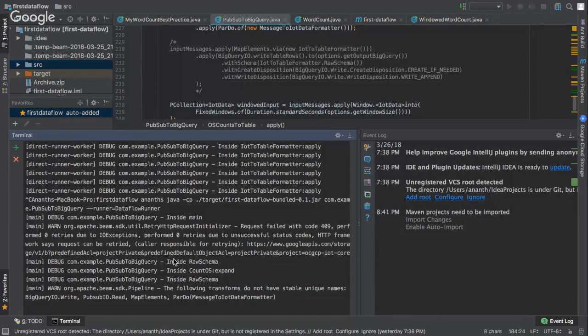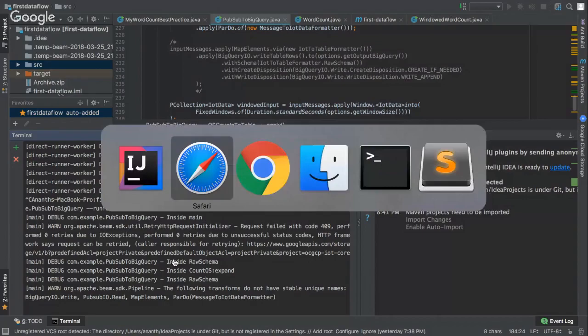Dataflow is completely a managed solution, so you don't have to provision anything. All you're doing is managing your code and building that code to give it to Dataflow, and Dataflow does the rest of it. Okay. So when you pull up Dataflow here,